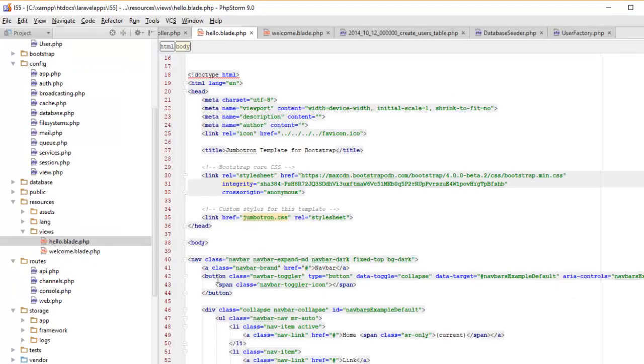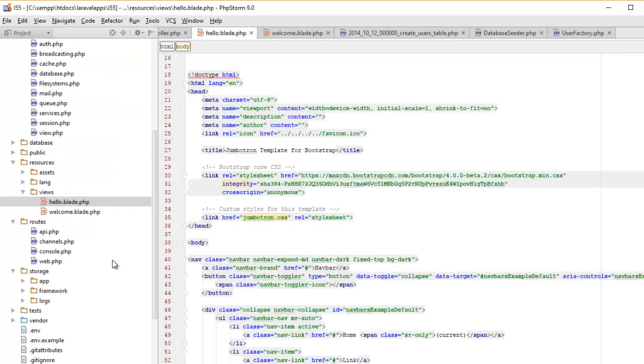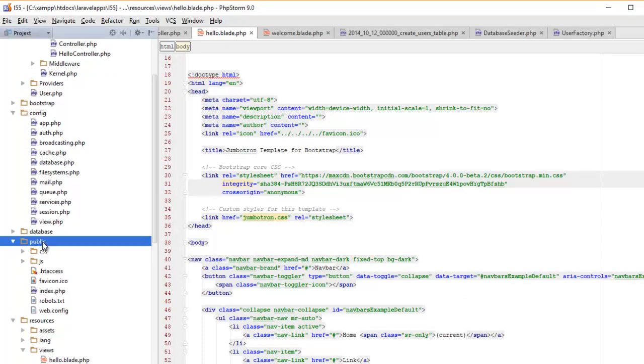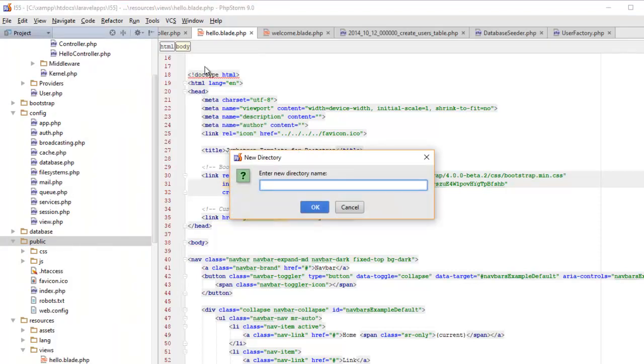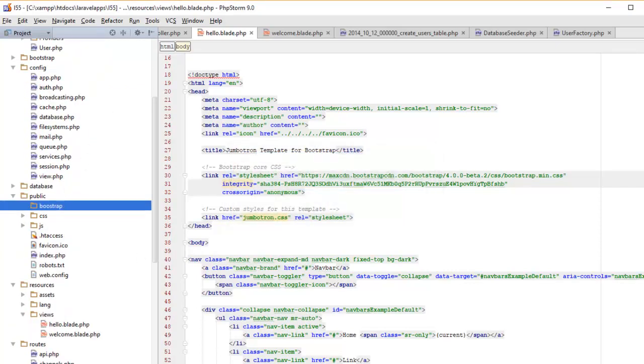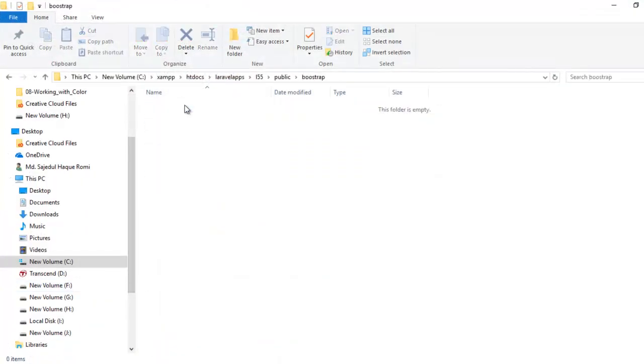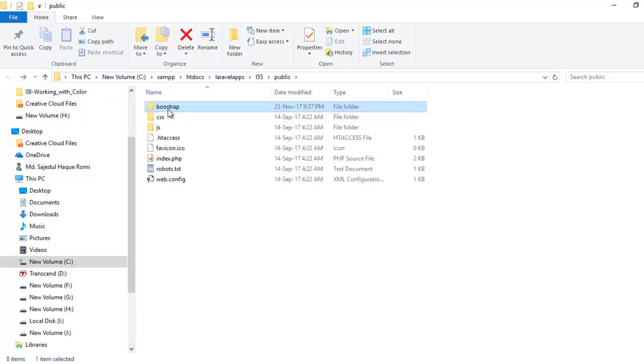They can be put in this public directory. There we are already seeing some CSS and JS files added. Since I'm going to add Bootstrap, I'm going to create a Bootstrap folder here, and now the Bootstrap folder has been created. Then opening it, right clicking and opening in the Explorer, because the file is still in a zip file. I actually mistyped here, so it will be Bootstrap, and then